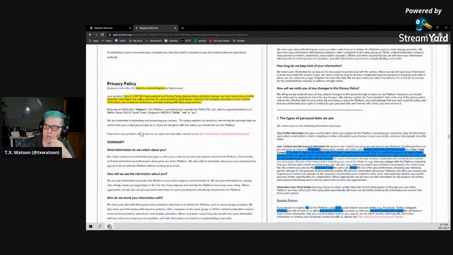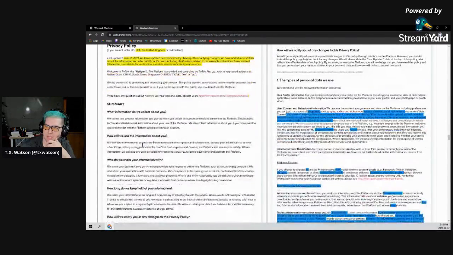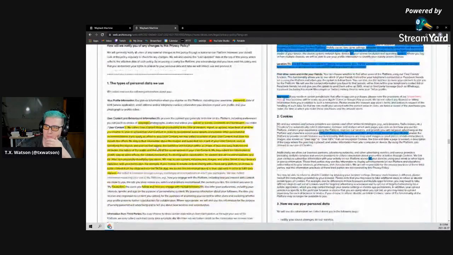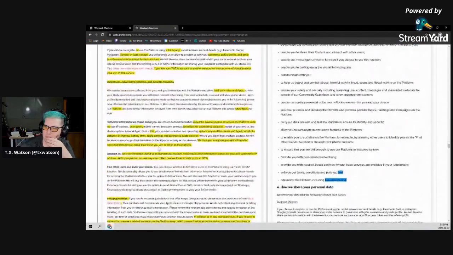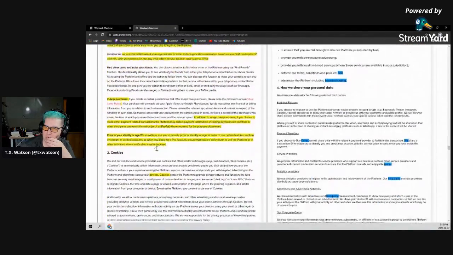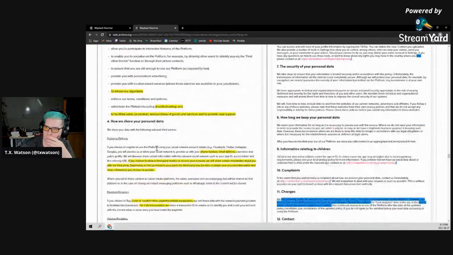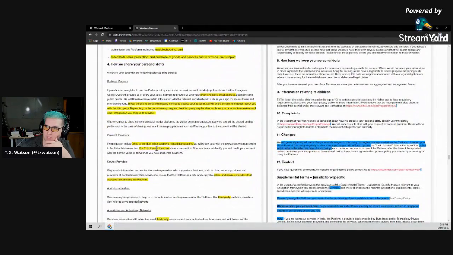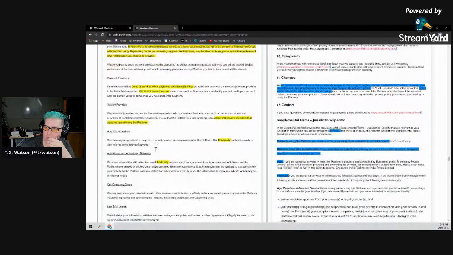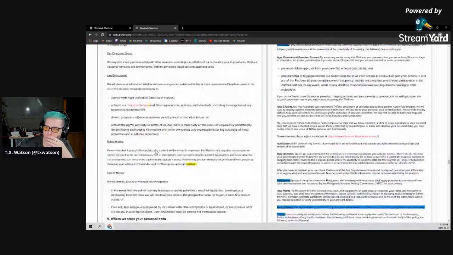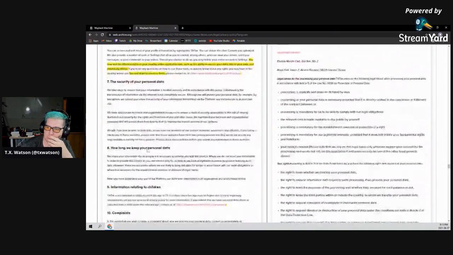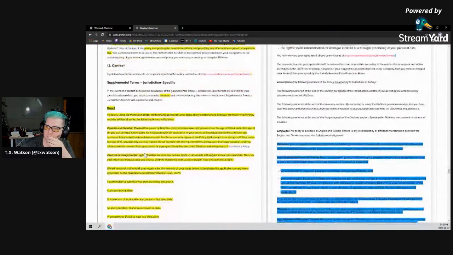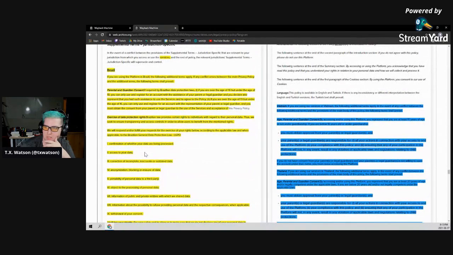And these are updates to the privacy policy outside of the United States. Let's see how much of this is different. I'm not sure whether any of this is different. This looks a little bit different. There's a whole section on Brazil.